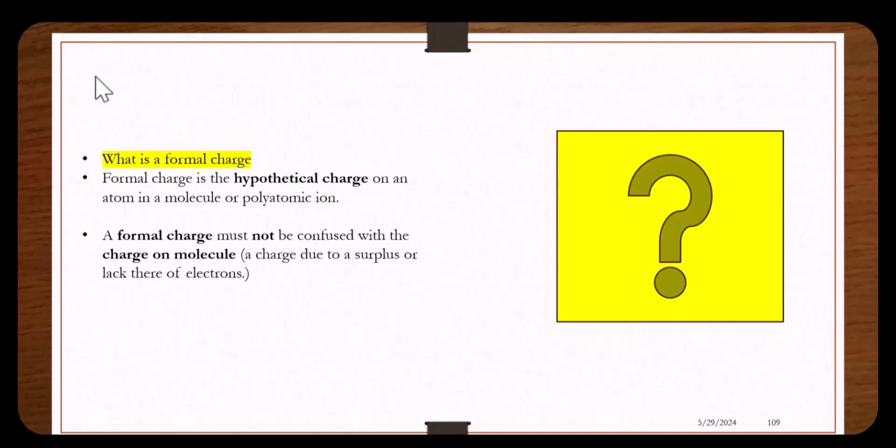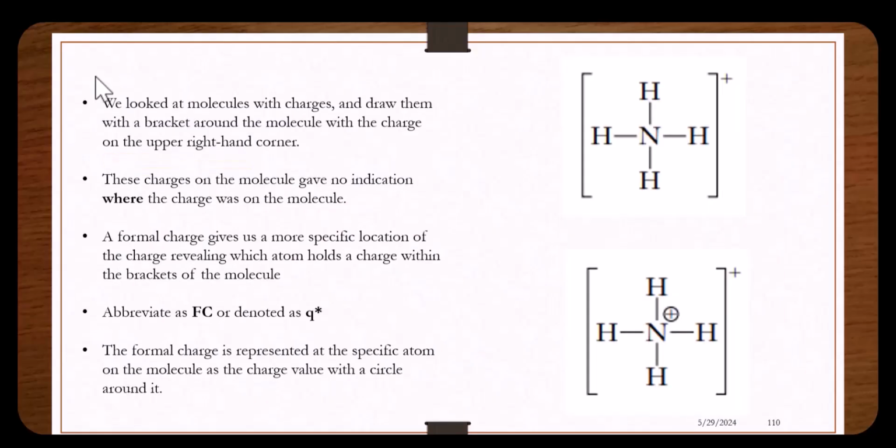A formal charge must not be confused with the charge of a molecule, a charge due to the surplus or the lack thereof electrons in the molecule. We looked at molecules with charges and drew them with brackets around the molecule with the charge on the upper right-hand corner. The charges on the molecule gave no indication where the charge was in the molecule. A formal charge gives us a more specific location of the charge, revealing which atom holds the charge within the